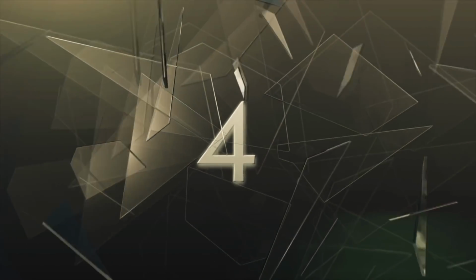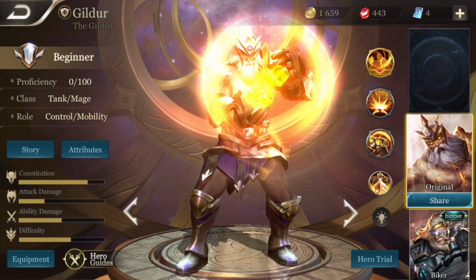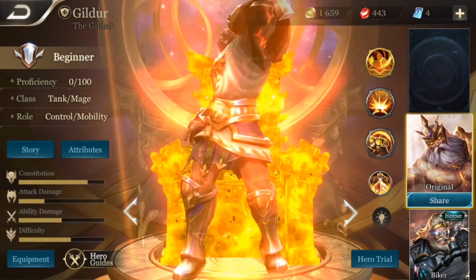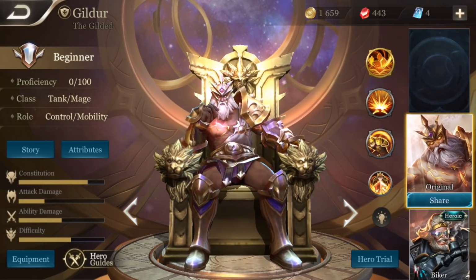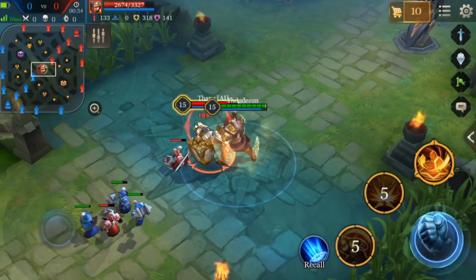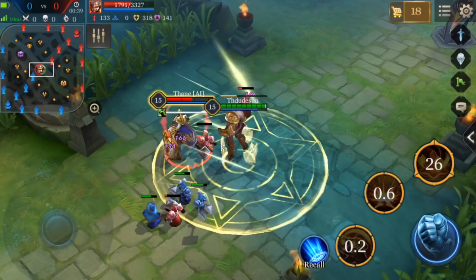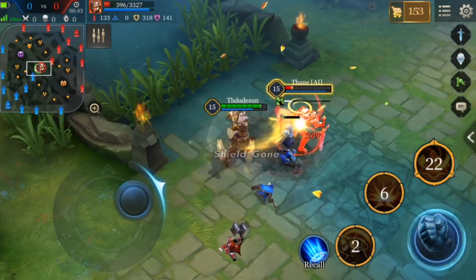And coming in at number 4 is none other than the gold man himself, Gilder. And even though his passive, Midas Touch, sounds more like a massage parlor's name than an ability wielded by the 4th best tank in all of Arena of Valor, I can promise you that running into a really good enemy Gilder won't leave you feeling all nice and relaxed like you just got a nice deep tissue massage. Gilder can get really tanky and very hard to kill,